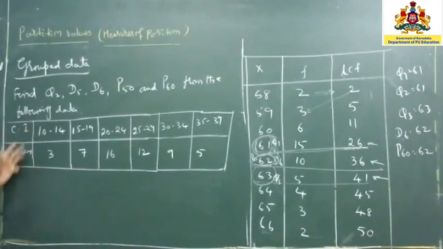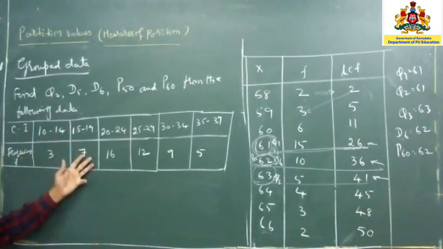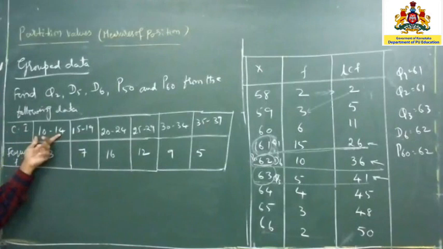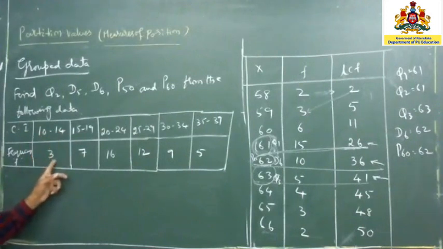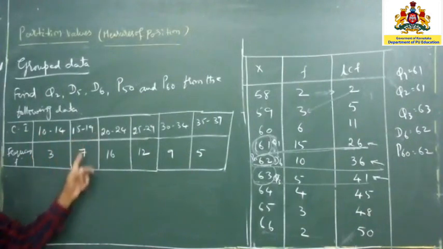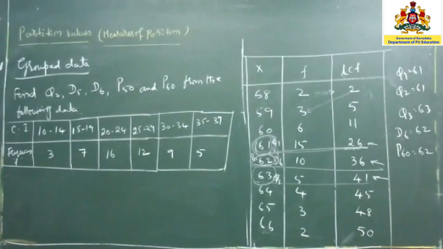Suppose this is the number of people, how many people are there? There are 3 people. Here 7 people are there. Or if you consider it as marks, how many people have got marks between 10 to 14? There are 3 people. What those marks are we do not know, but we have created the range between 10 and 14. Between 15 to 19 marks there are 7 persons. This is the way we calculate it, and we understood this when we were learning the tally marks itself.